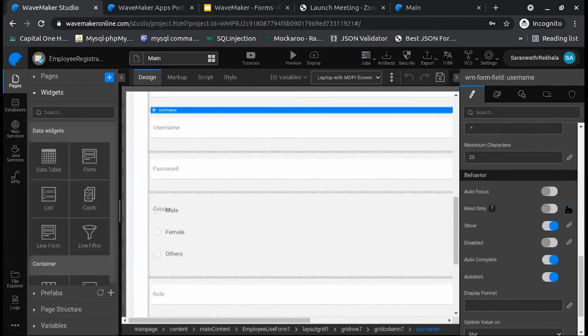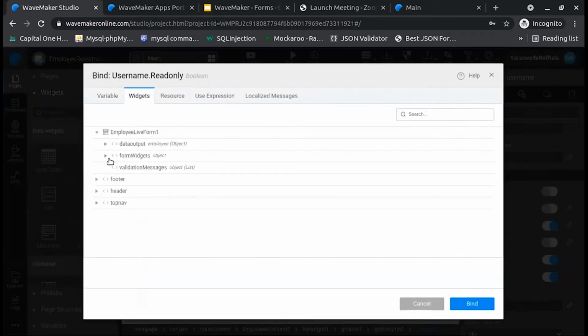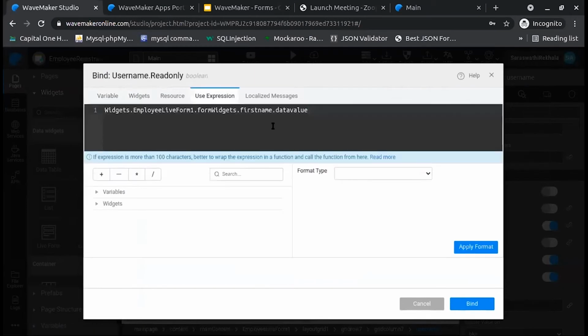So I will apply read only when my first name field is not equal to null, and my last name field is not equal to null.